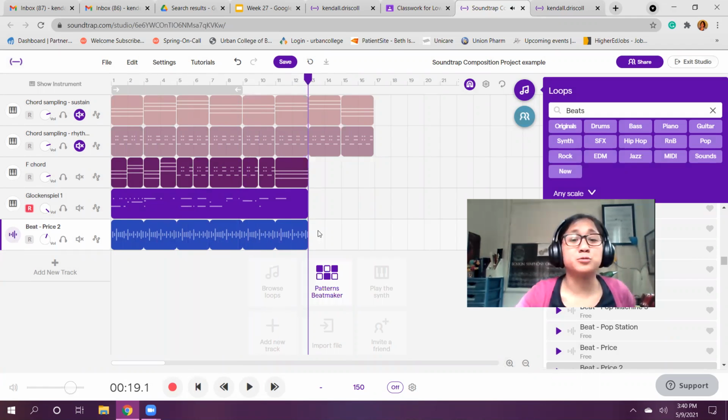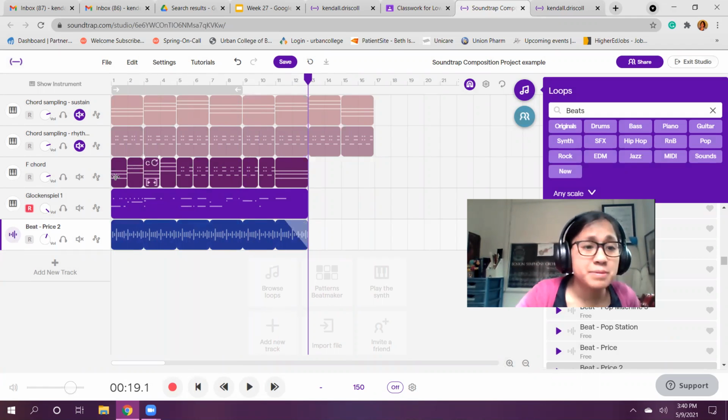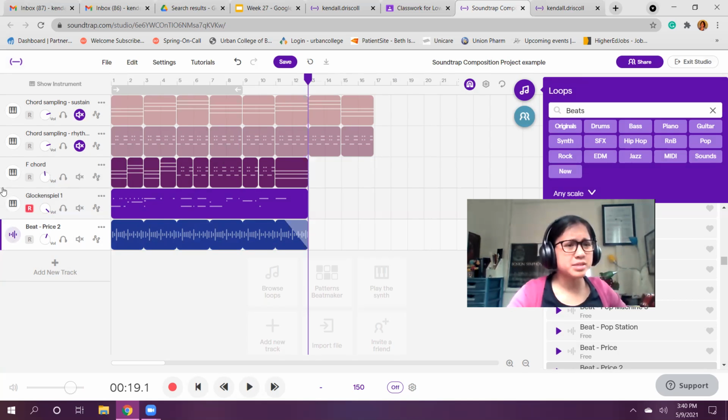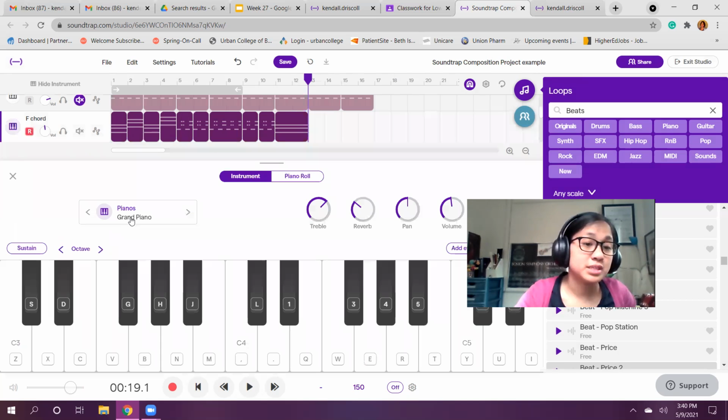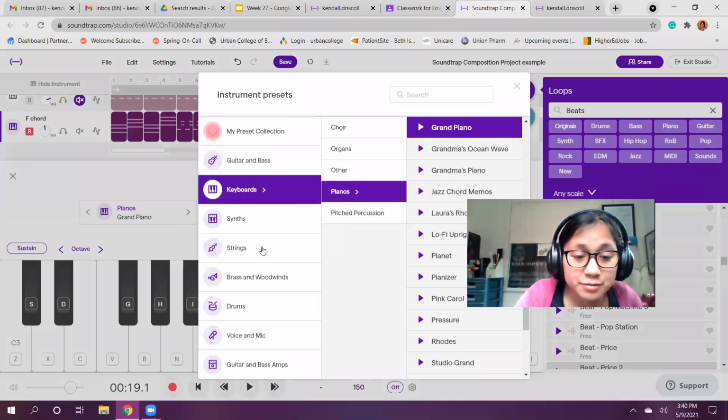And then I can do all the cool things like maybe I'll make this fade out at the beginning and maybe I'll also take these chords that I don't need to be that loud. I'm going to change the volume of them so they're not as loud. And maybe instead of the piano playing my chord, I'm going to go over here to change my instrument. And let's say instead of the piano playing this, maybe I'm going to have, let's see,